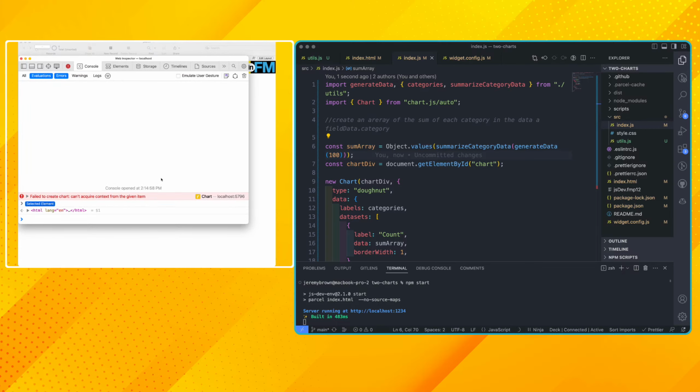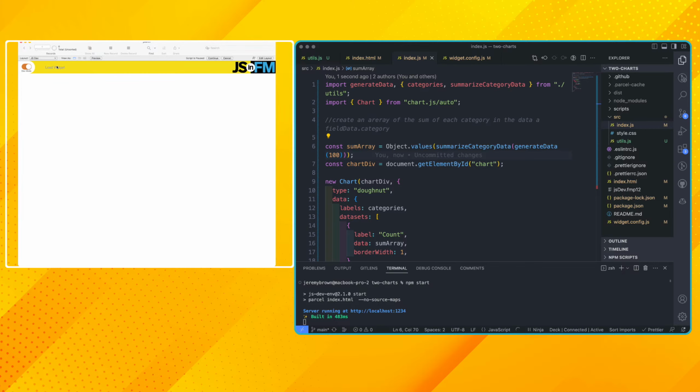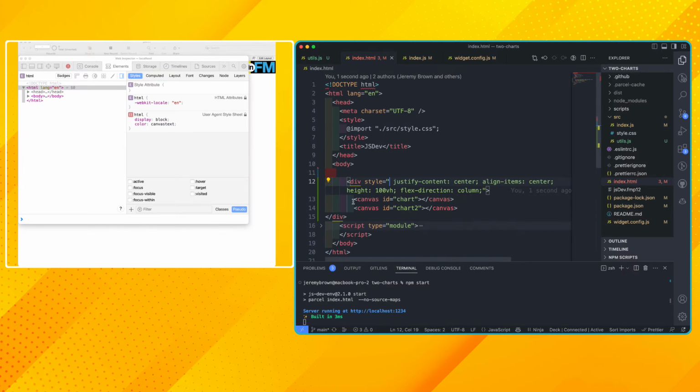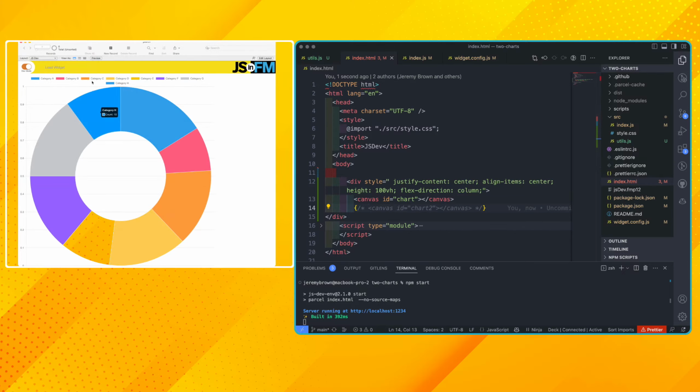See what's going on. Oh, I had this problem the other day. Generate data. Let's stop this and start it up again. I'm not sure what happened there. I don't know what's going on. There we go. Okay. So anyway, we've got a chart here that's displaying the count of 100 records and